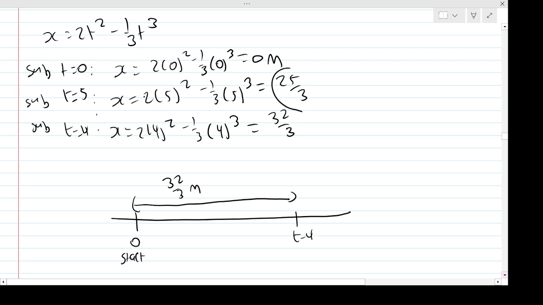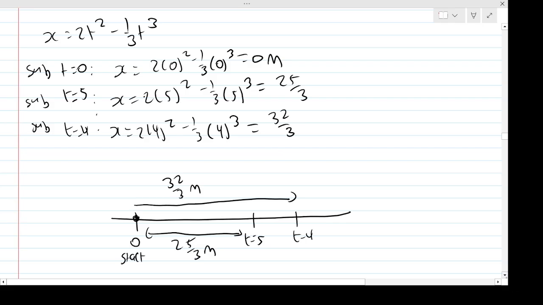But then when t is 5, it's a bit less than that. It's going backwards after t is 4. Then the distance from the starting point is now just 25 over 3. So when t is 5, the distance from O, the start, is now 25 over 3 meters. Okay, so the idea is now that I've got this diagram, the idea is, actually,